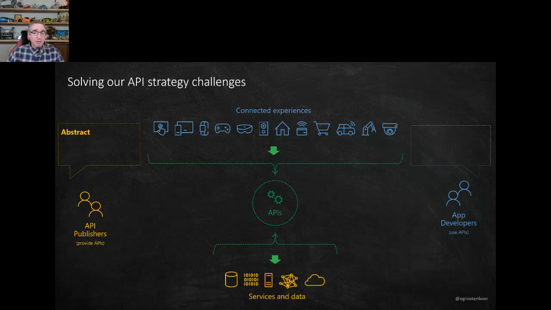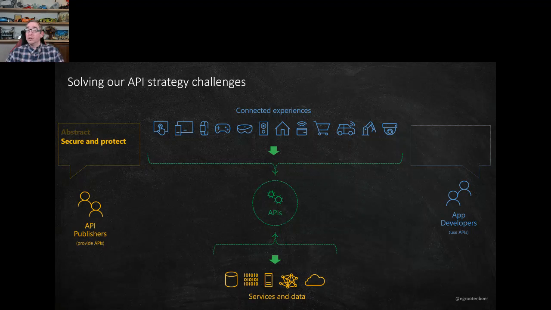They don't know if this is a service on Azure, if this is a SOAP service somewhere on premises, if this is something hosted at a different provider, or if this might be just an AS400 that's being serviced. They don't know about this, and they shouldn't know about this. So for the Gouders, it was really important that those connected experiences did not need to know about their backend. Whether this is a C# application, a PHP application, a Java application, with all their different intricacies, they should not care about this. They should just have one entry point, and in that entry point, they go to those APIs and connect from there, and then they are completely abstracted away from what's happening in the backend.